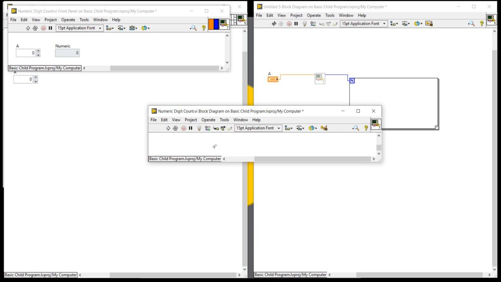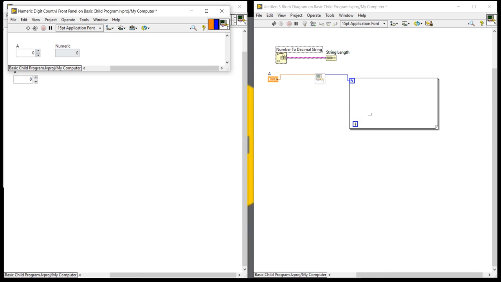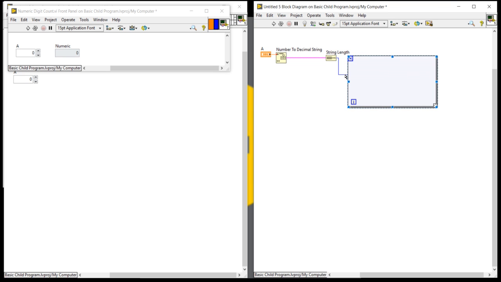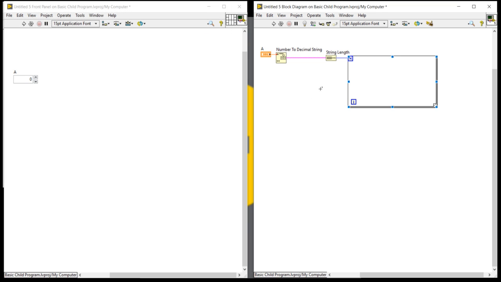It is present inside here. So this arrangement is a digit count arrangement. Now here I will take my numbers inside.